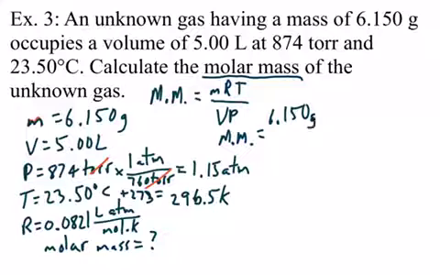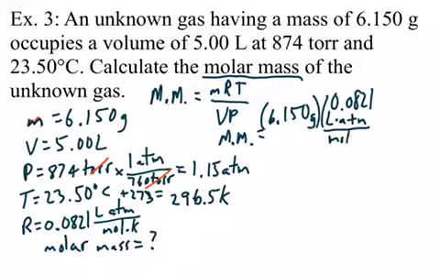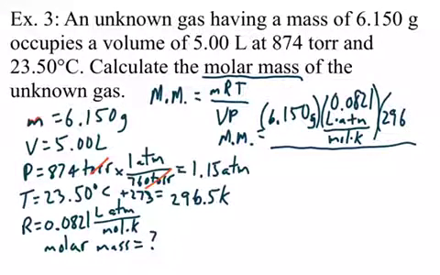R is your constant, 0.0821. I'm going to put the units down here, liter atmospheres over mole Kelvin. And all of that will get multiplied also by the temperature, which is 296.5 Kelvin. And then on the bottom, we got a volume of 5 liters